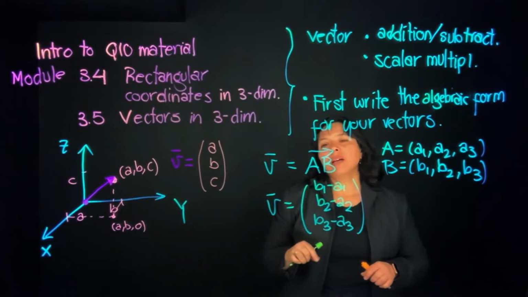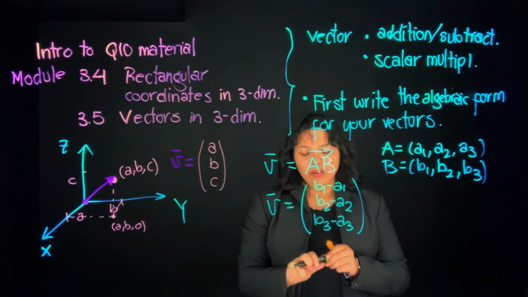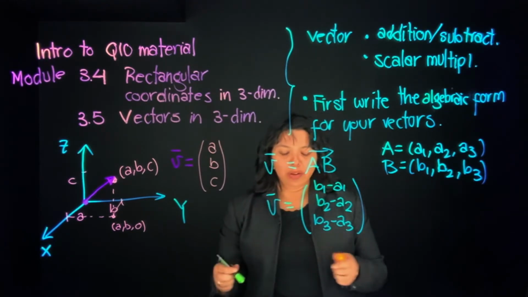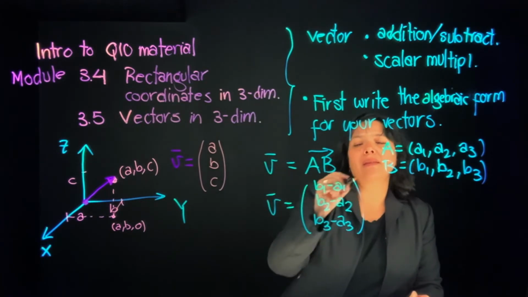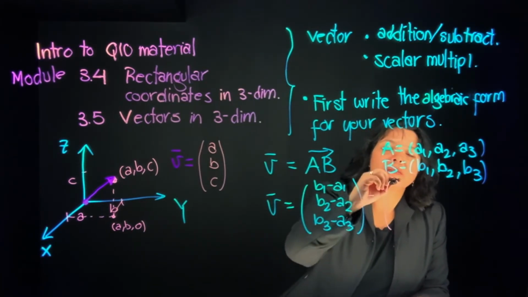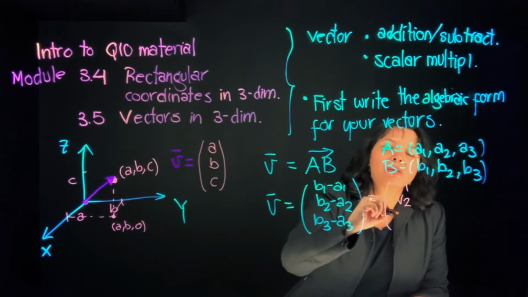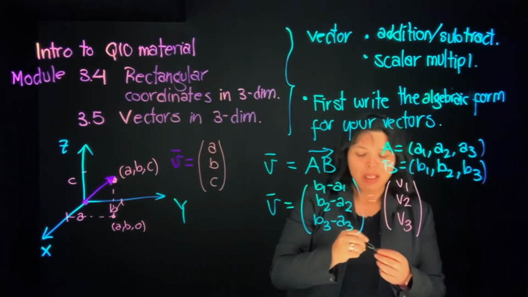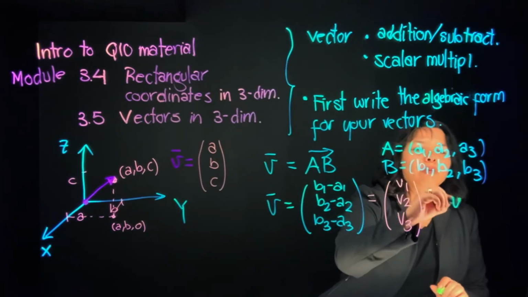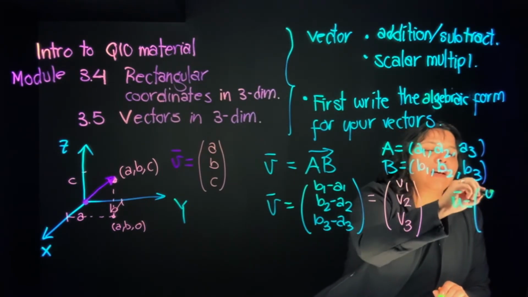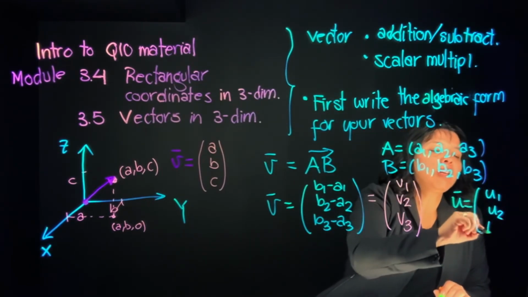Okay, so after this, you can add them, or you can multiply them times scalars. So for example, say this is going to be V1, V2, and V3. If I do something similar with my vector U, and say I have U1, U2, U3,